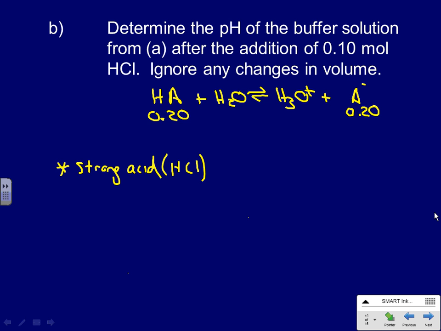What's going to accept the H plus that's in my water from the HCl then? The A minus. So the strong acid, the HCl, will give an H plus to that base, and it will convert it into the acid. It will convert this into this by forcefully giving its H to that weak acid. The strong acid will give H plus to A minus